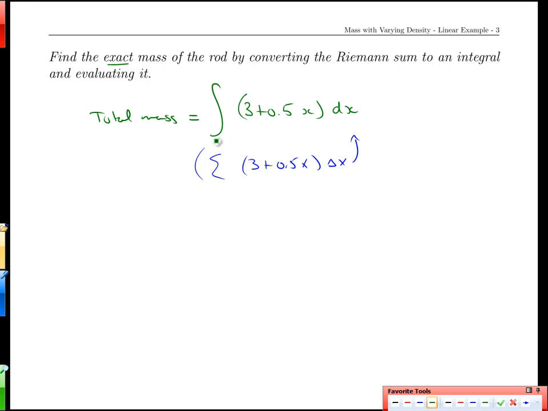Last but not least, we would need to figure out when we start slicing and when we stop slicing, but we can do that pretty easily based on a diagram. We were told that the left-hand side was x equals 0, the whole length of the bar was 2, so the last point is x equals 2. So if we talk about all our slices from left to right, the starting point will be 0, the last slice is at x equals 2. All right, and that is our first integral with slices